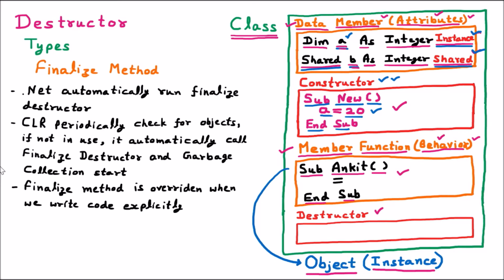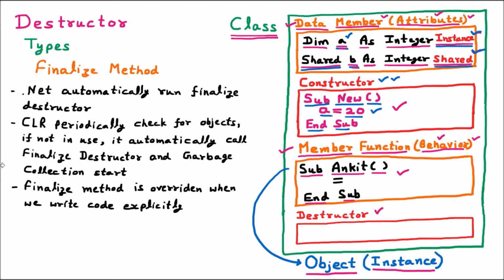But if you want your own code to run, meaning you want to destroy the objects by yourself, or you want to apply some different commands for that, it is perfectly fine. You can simply use this finalize method, and here it will be overridden. Overridden means the code of the system will be overridden. Now your code will work, the system code will not work. So explicitly we can provide the code for the finalize method also, and it is going to override the code which is available in the system.